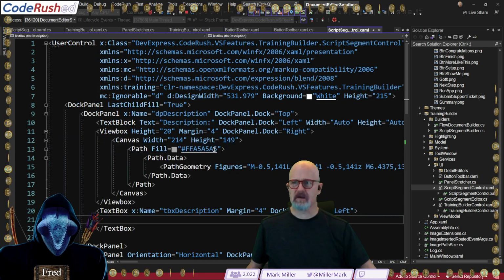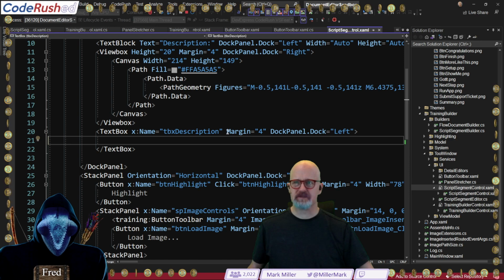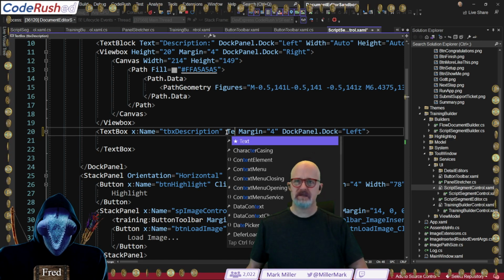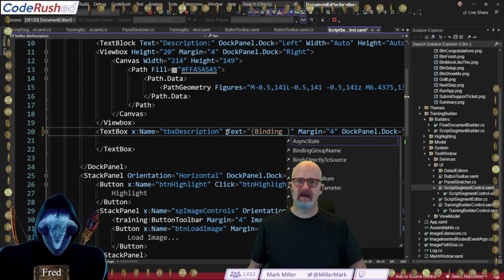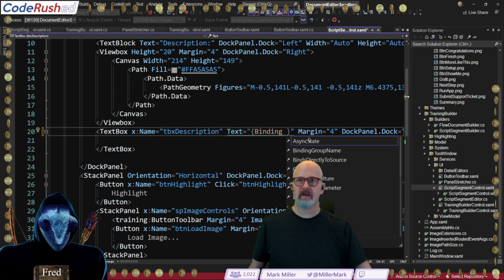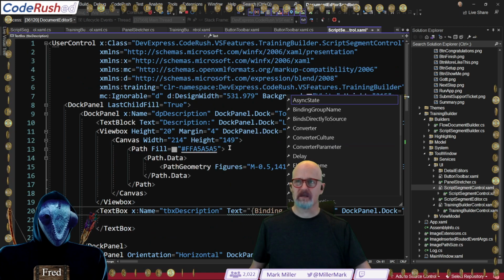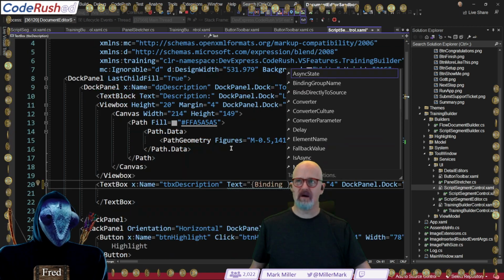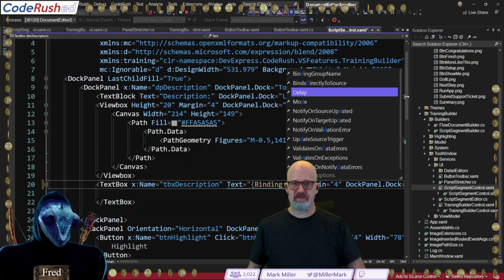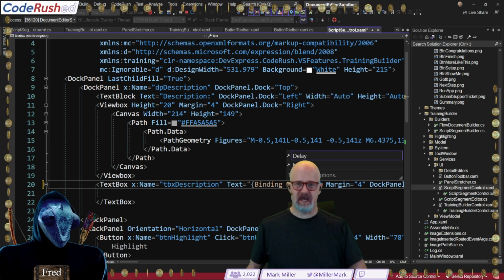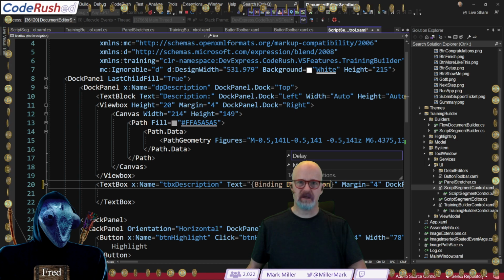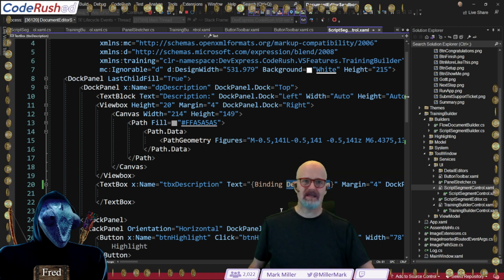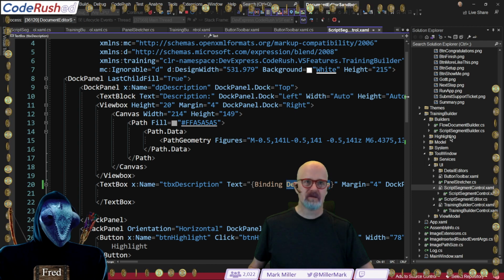Here it is, right here. The text description right here. Text equals binding, and then the property name of the thing we're connecting with on the data context. And I think it's just description. It doesn't exist yet, but we're going to add it. So we'll bind that to description of the script.